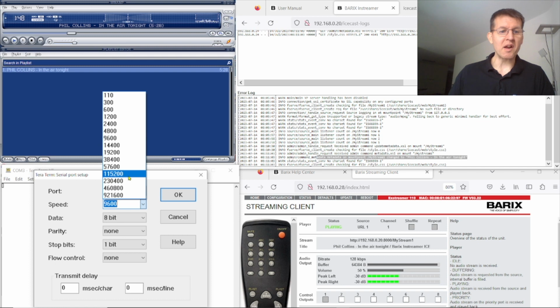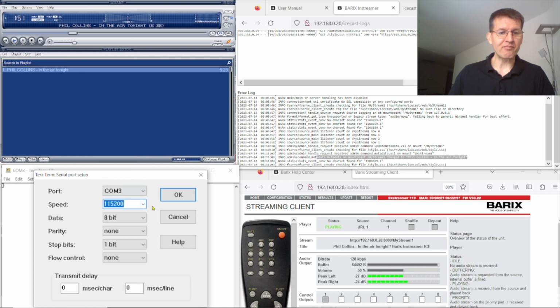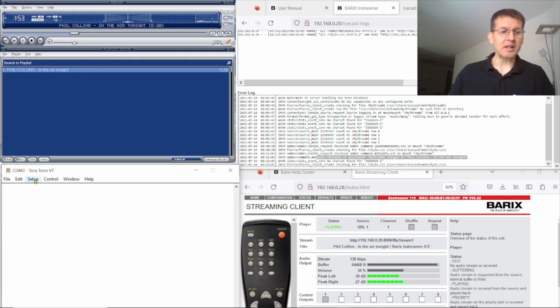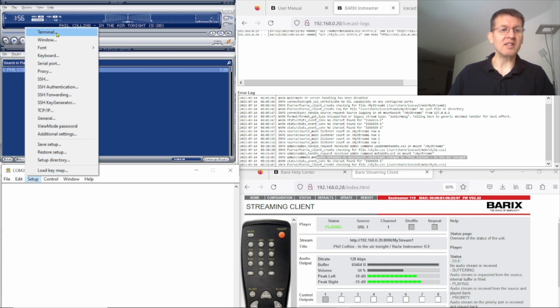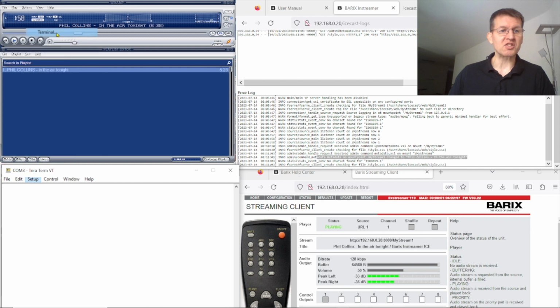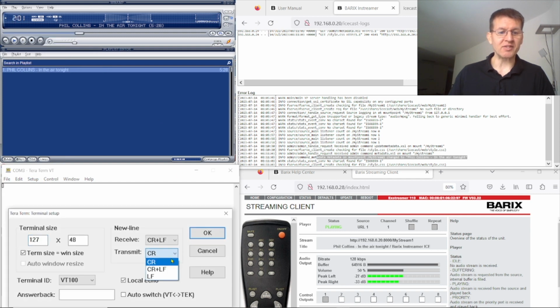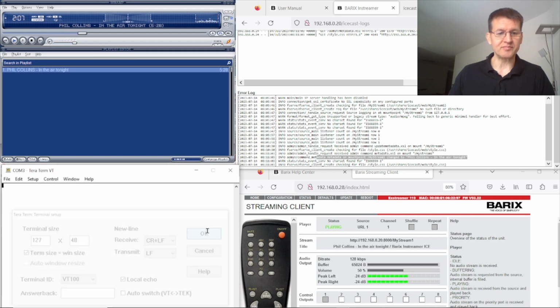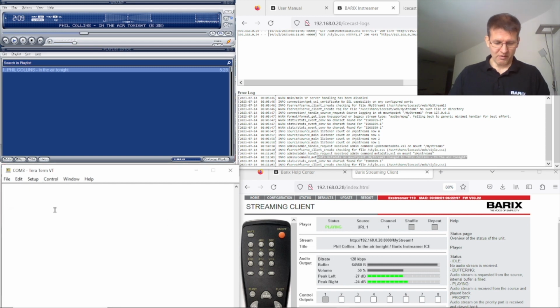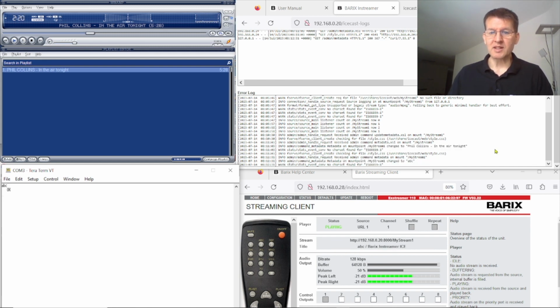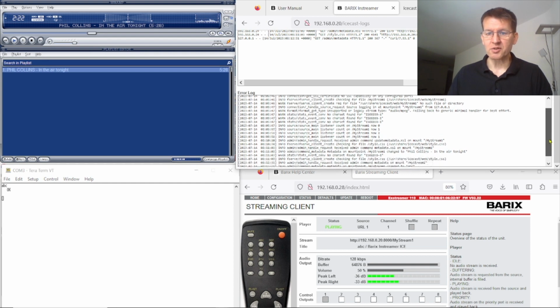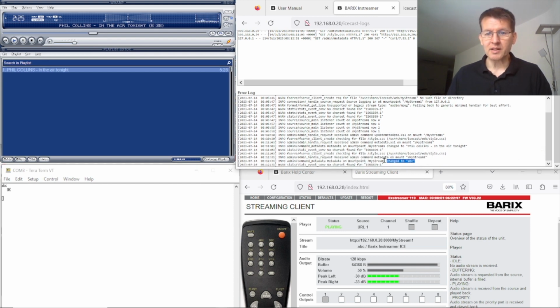It must be 115,200, and you have to make sure that your command or your entry is terminated with a line feed, with hex 0A. So, when we type here now ABC and send this, then you will see it's updated immediately. Also here we should see a new entry about the added metadata.